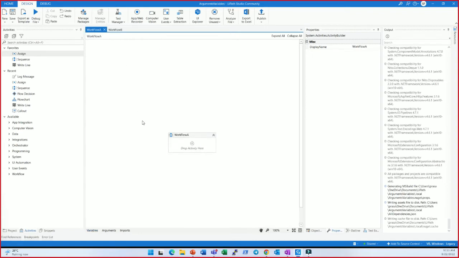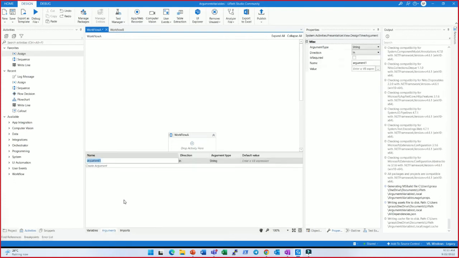And here what we wanted to do is create certain arguments. Okay, so what we'll do here is we will create arguments into this. As I told you, arguments have three directions: in, out, and in out, and properties. Properties are rare, so focus only on these things. Properties we'll discuss later. So in, out, and in out. For in, we usually start a naming convention with in, so that we know what is the